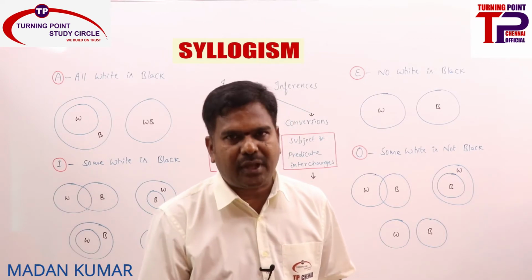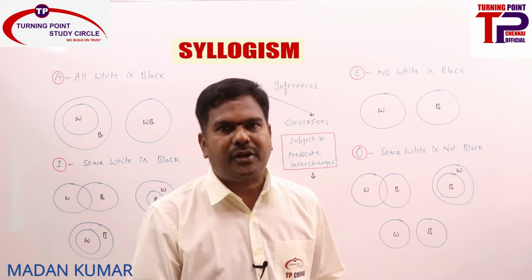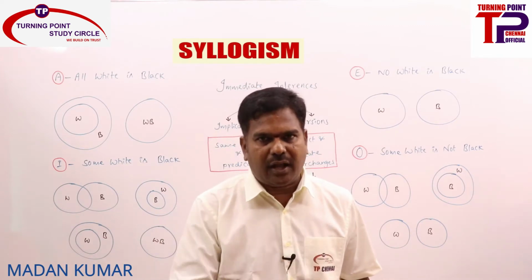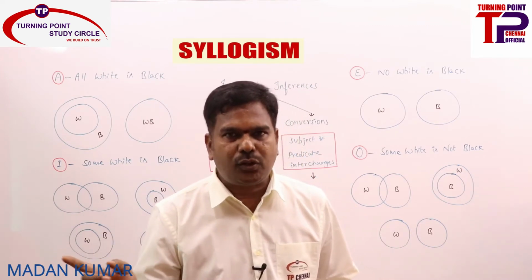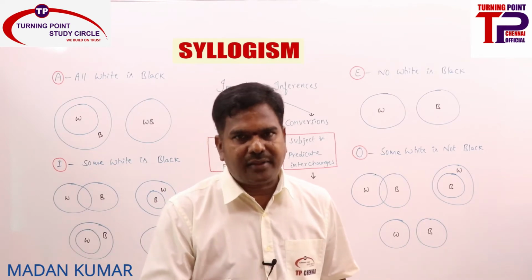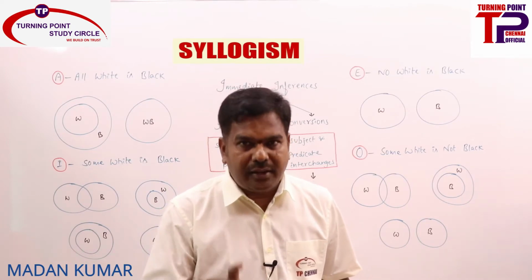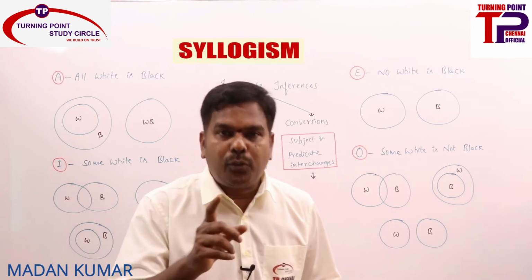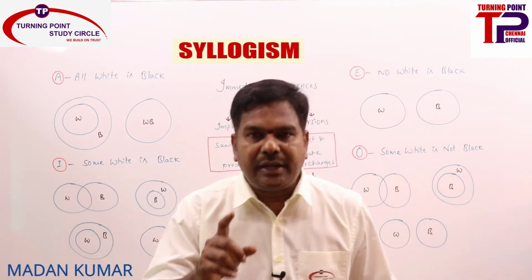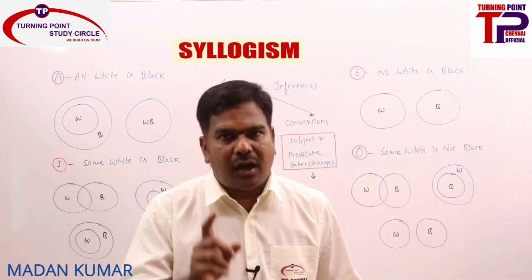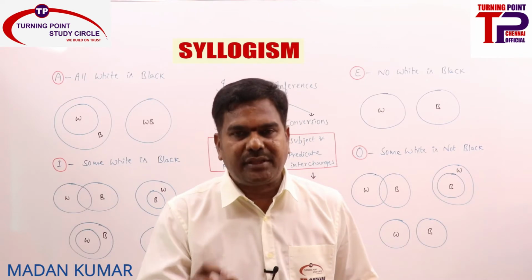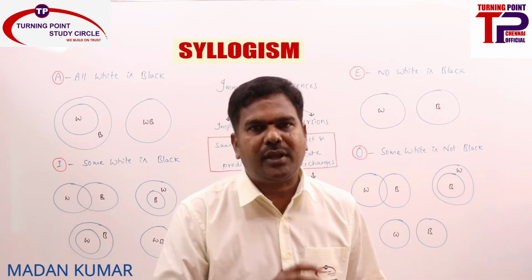Remember, if the statements are properly aligned, there must be a common term. The common term must be the predicate of the first statement and the subject of the second or last statement, and based on 6 rules we need to find the answer or solution. But if the statements are not properly aligned, what else can you do? You can make proper alignment by interchanging any one of the statements, or converting any one of the statements, or applying both, based on which finally you need to find the conclusion.